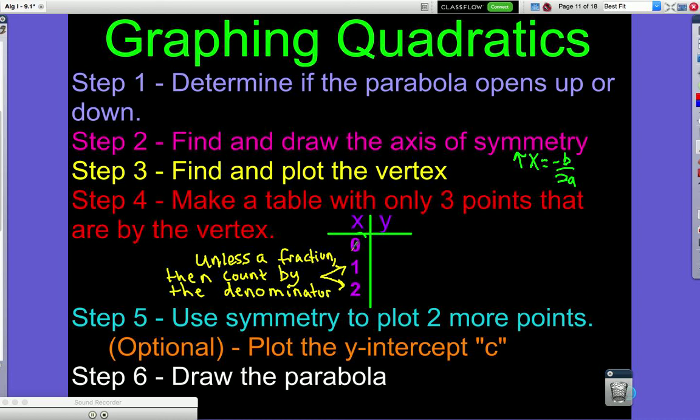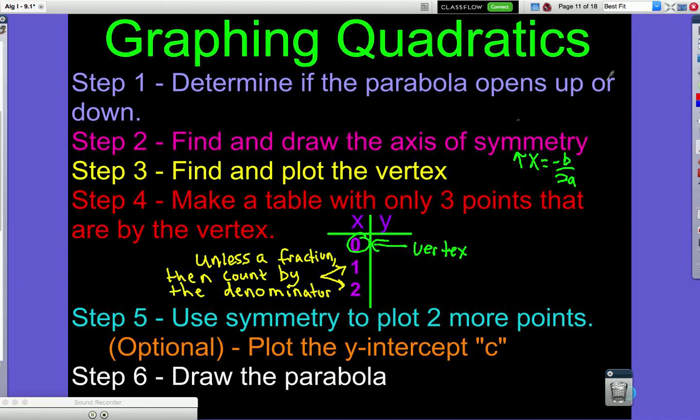So this will always be our vertex. That's going to be the x value of our vertex. Again, today it's going to be 0. And then 1 and 2, unless it's a fraction, then we're going to count by the denominator. Then we're going to use symmetry to get 2 more points. Optional step: plot the y-intercept, which just gives us another value on our graph, and then draw our parabola,